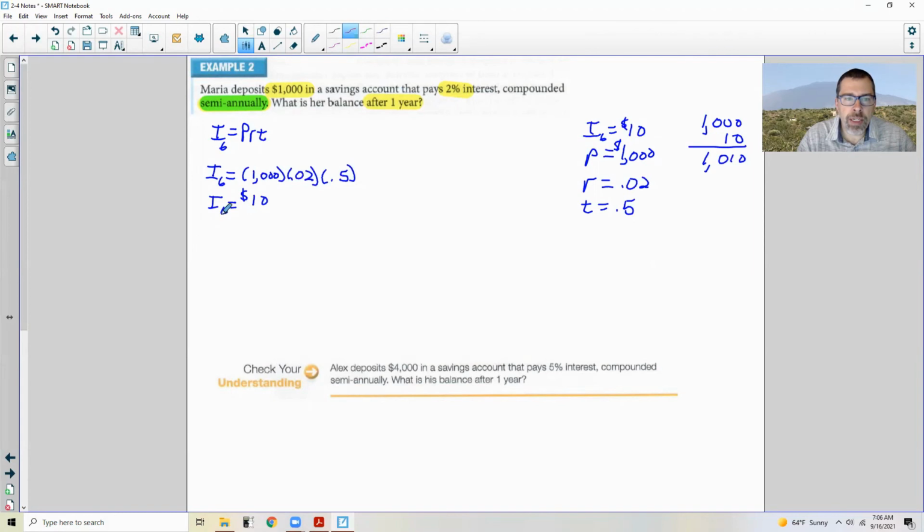Now I need to repeat this process and find out what the second 6 months is going to equal, and that's going to equal PRT again. So the interest after 12 months is going to be the new principal of $1,010 times the same rate of 0.02 and the next half a year, or 0.5. Okay, so that I sub 12 interest over the second time it's compounded